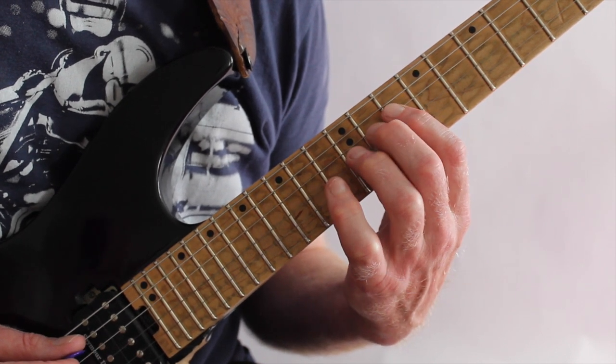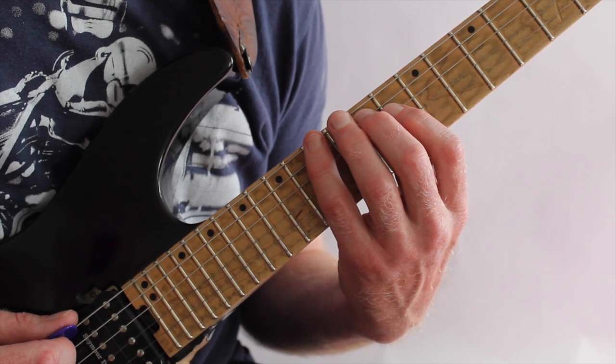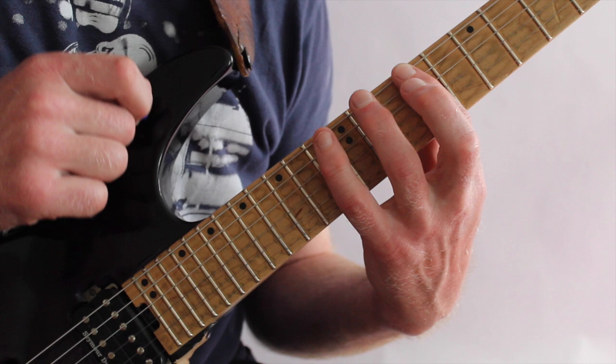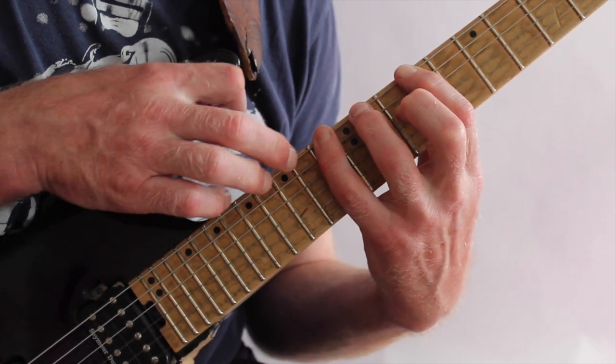Pulling off from 11 to 10 on the D with the long and index finger. Long finger on 11 on the A, and then 13, 9 on the low E string. From here I go into the scale tapping. So I hammer on from 9 to 11, 13, and then I tap